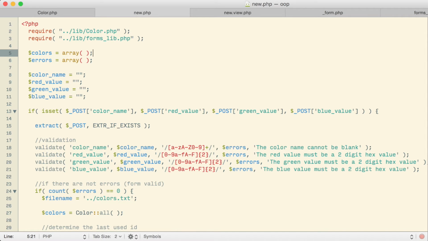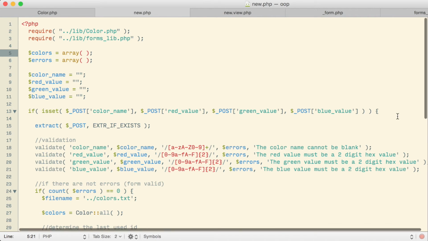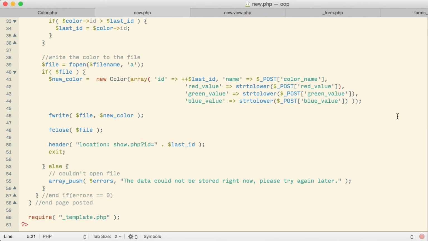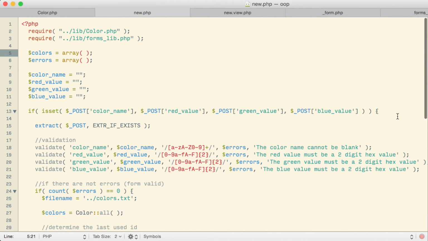Part of the trick to this entire thing is figuring out just how far to go with it and what order to put it in so that I don't just completely destroy it and leave us with too much work to do without being able to at least test as we actually go through. What if we started off here on our new page by seeing if we could much more quickly get data into the color objects themselves rather than working with them in these individual standalone variables the way that we have been?